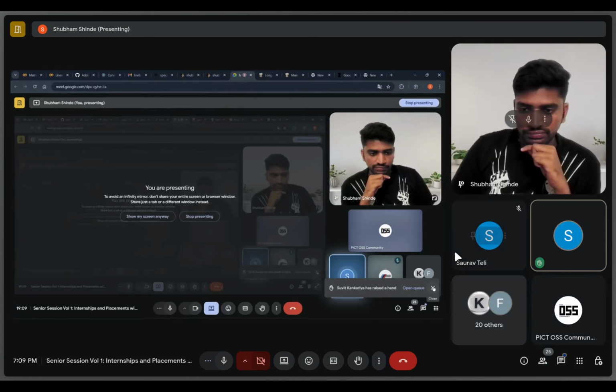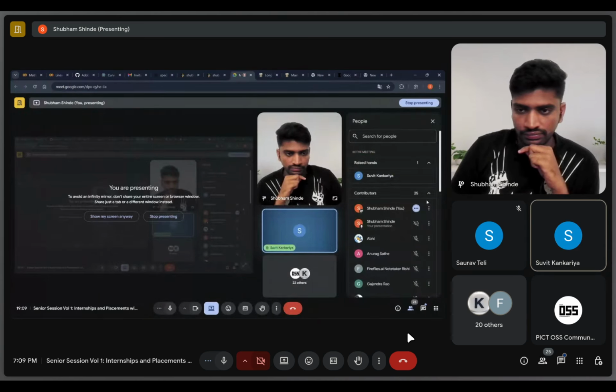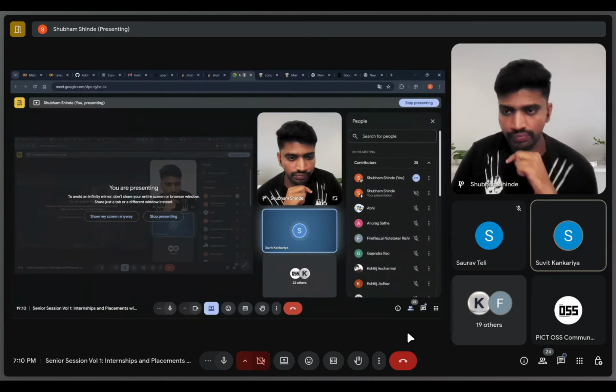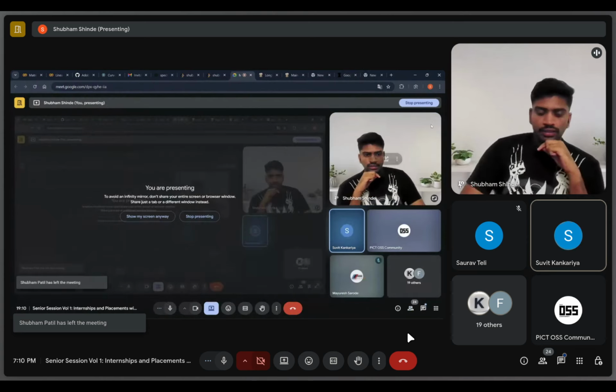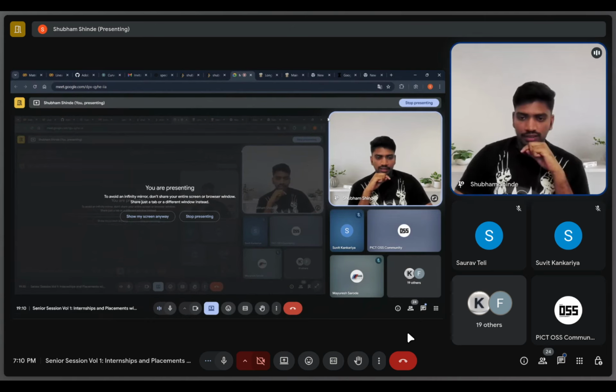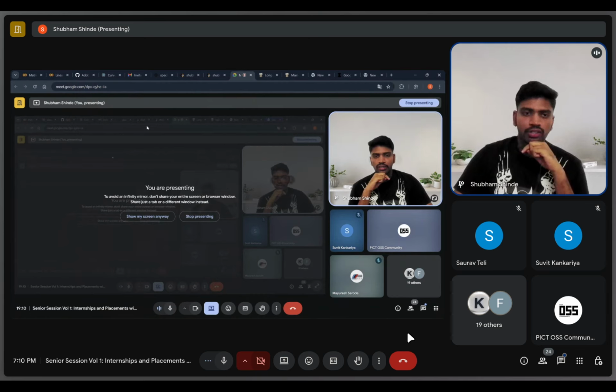Have you learned both front end and back end together for the development part? Yeah, I started with the front end, but later when I took on building a complete full stack project, I learned both things in parallel.